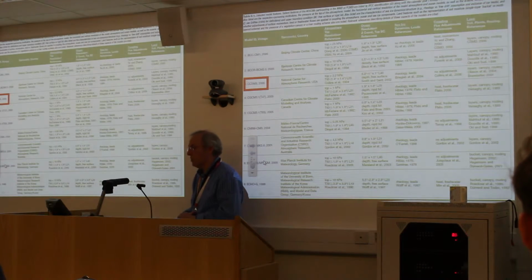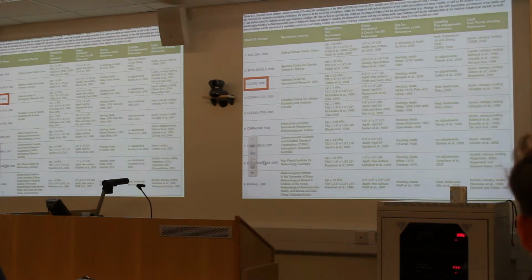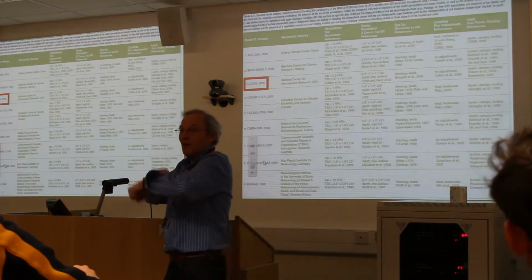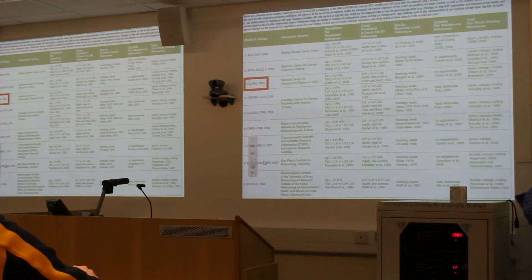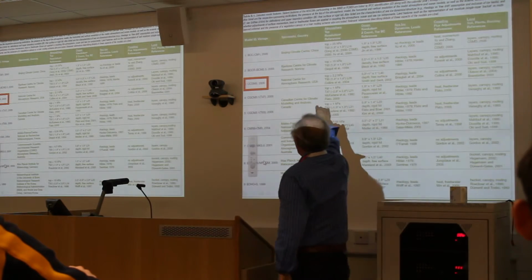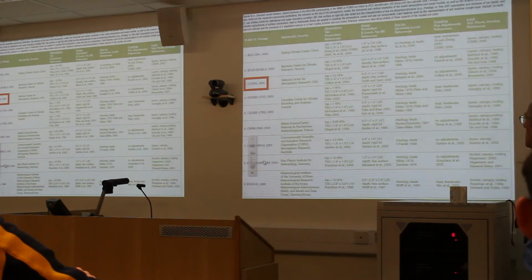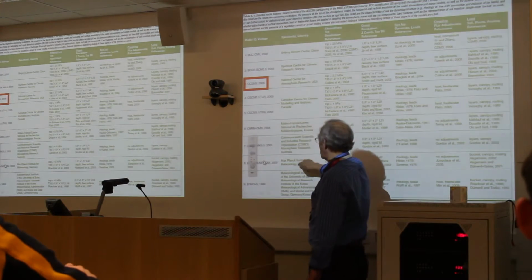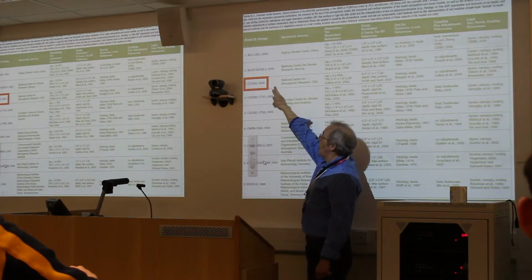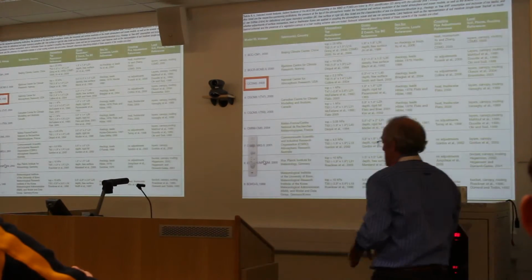And if we look at the other models, just looking at these, the first one's Beijing, so the Chinese, they must have lots and lots of little hamsters running around on wheels, powering their computers. But you can see that it's a pretty good model. I mean, it's a very efficient model. Then why do the Norwegians get in? The Norwegians get in because the BFNS Climate Centre is one of the oldest and best modelling centres in the world. And of course the Canadians and the French and the Germans, two lots of Germans, Max Planck and Bonn, so separate ones. This is the one that comes out as the main American model, CCSM from NCAR, the National Center for Atmospheric Research over in Colorado,